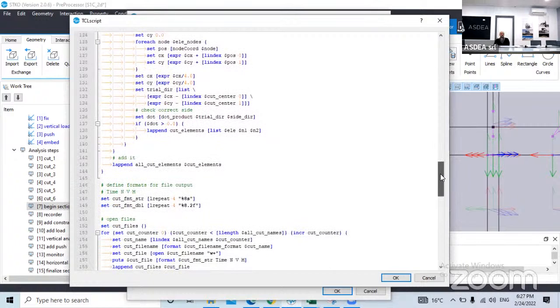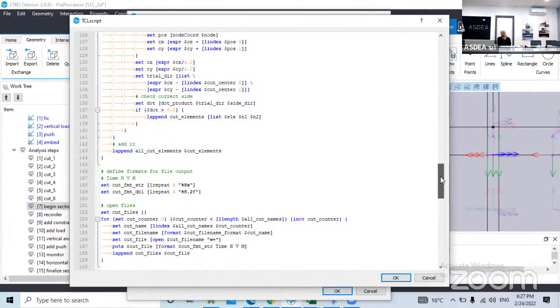Once I've done this, for each cut, I have all the elements associated for that cut. And then I needed to prepare some stuff for the file. So before writing the data in each analysis, I needed to create one text file for each cut. So first of all, I prepared the formats for the file. If you know Tcl, if you want to write numbers and text in a very nicely formatted way, you need to use the format